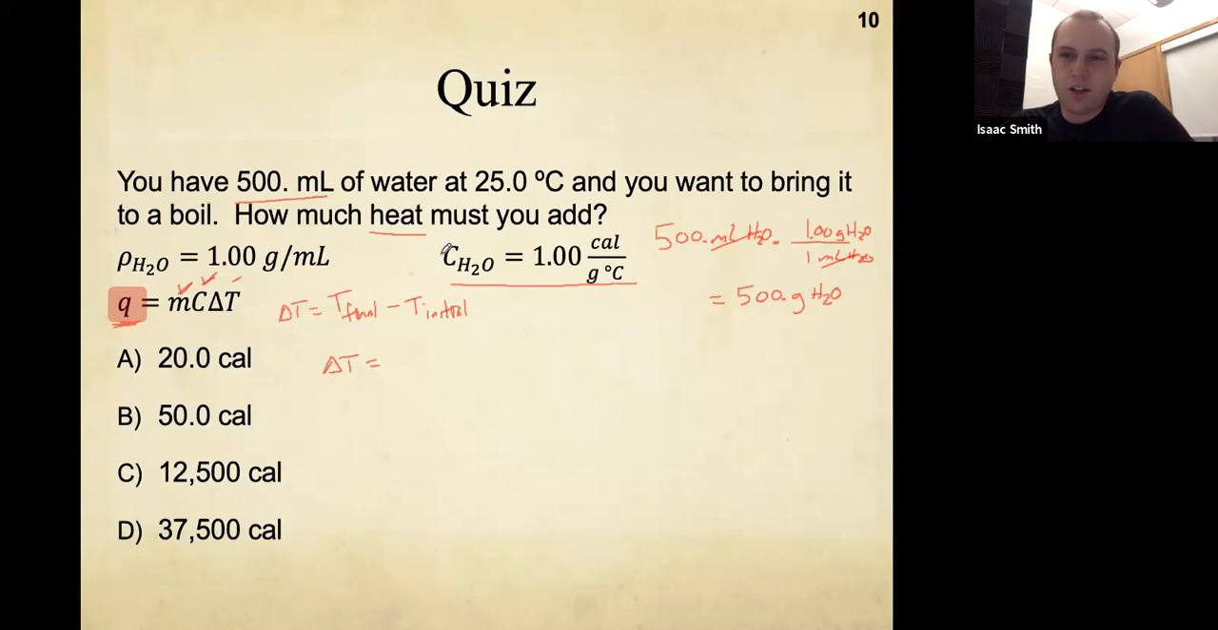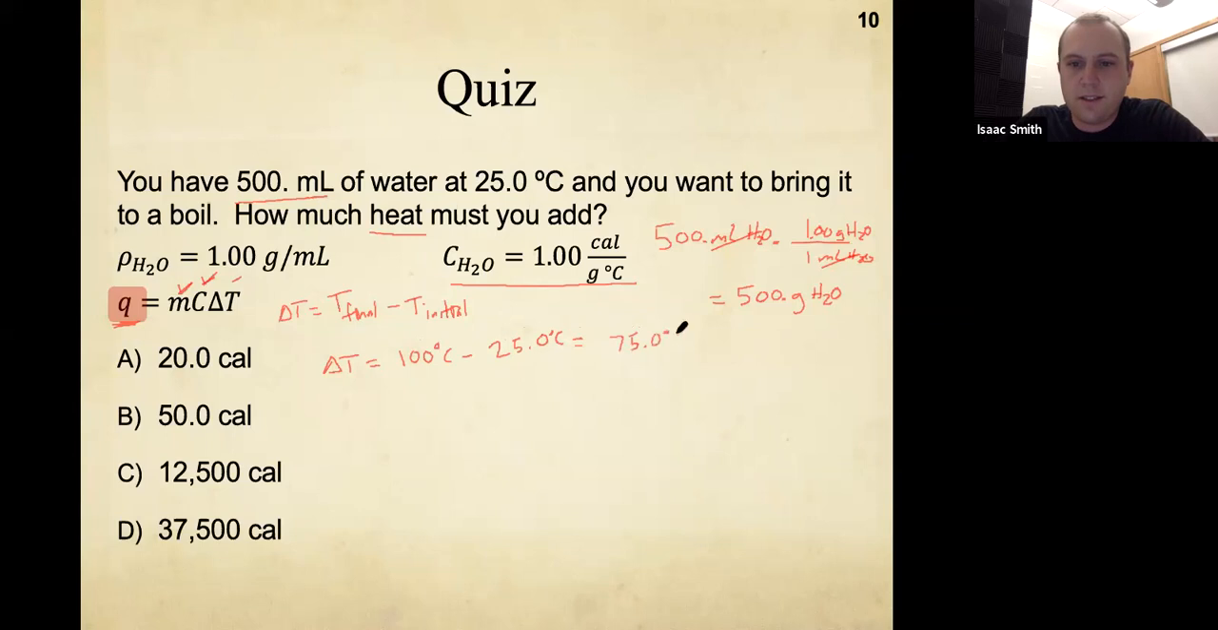So water, you should know. All the other ones you don't have to worry about memorizing them. Okay, so the final temperature, if we're boiling the water, is going to be 100 degrees Celsius minus the initial temperature, which is going to be this right here, 25.0 degrees Celsius, right? And so our delta T is going to be